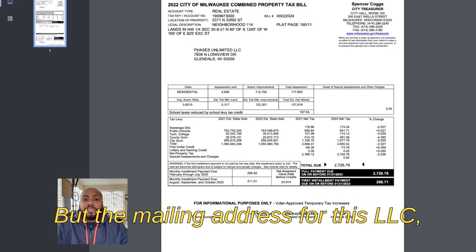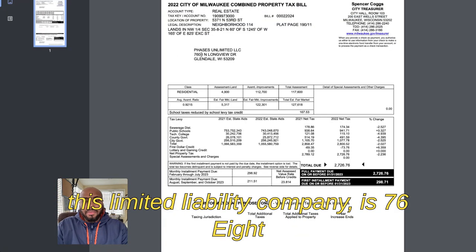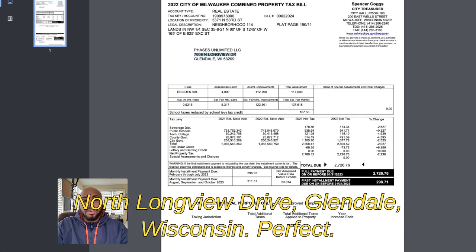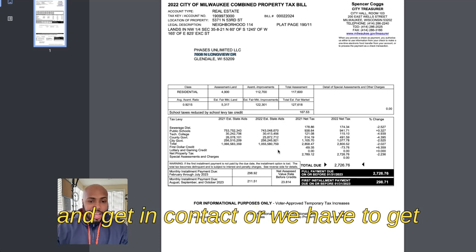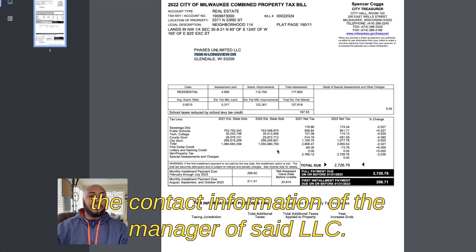But the mailing address for this LLC, this limited liability company, is 7608 North Longview Drive, Glendale, Wisconsin. Perfect. All right. So now we have to go ahead and get the contact information of the manager of said LLC.